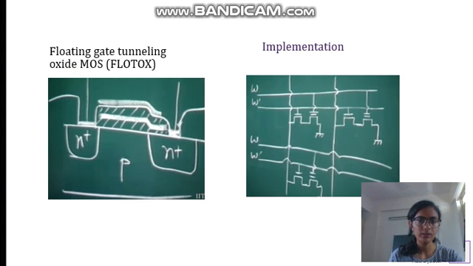The extra transistor we can see in the figure is basically the select transistor, with which we can select a particular transistor. With its help, we can erase bit by bit, so one bit at a time can be erased. These high voltages are generated internally, so we do not need to remove the chip from the circuit for reading and writing. Here the reading time is of the order of nanoseconds.